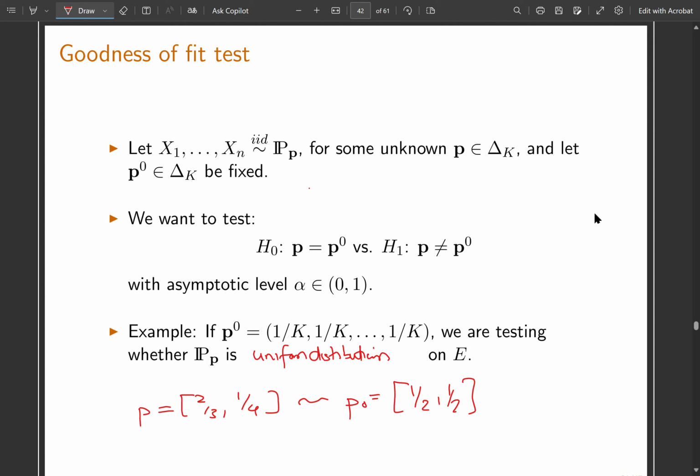Last slide we had X as a random variable. We had a distribution of P, and we want to understand whether P was equal to P naught. To do that, we need to understand the likelihood of whether P is equal to P naught. For that, we need to understand the distribution of P,